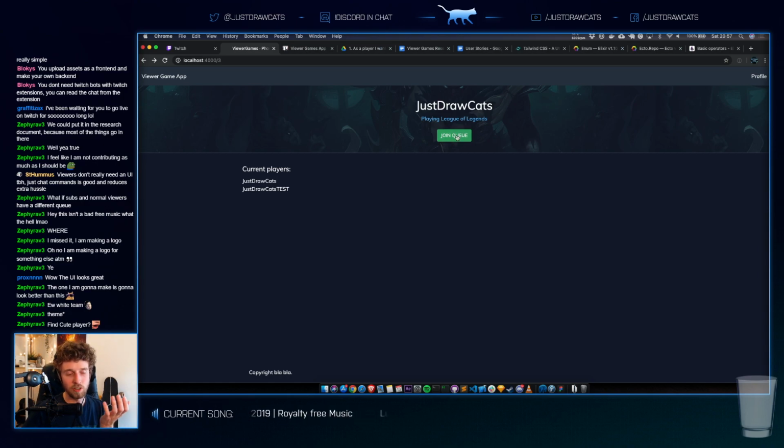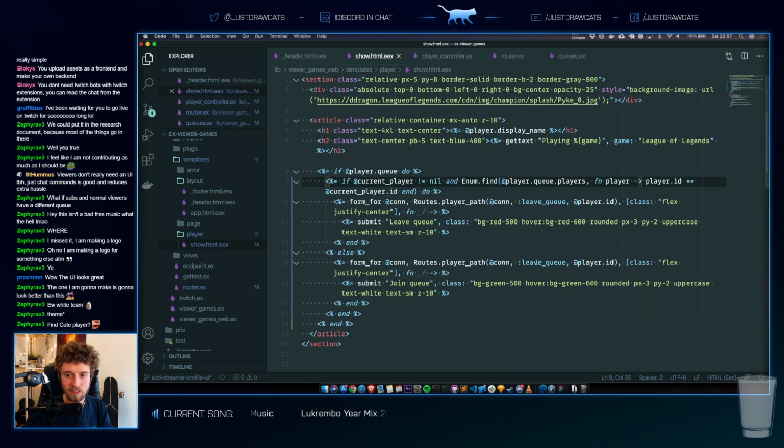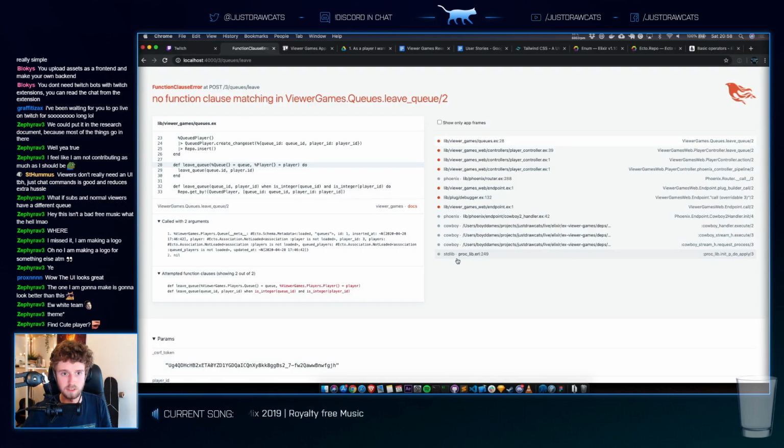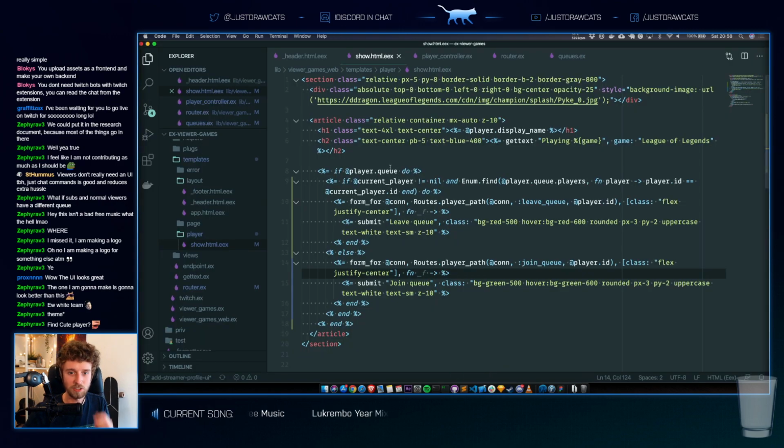So that's why it says join the queue. And if I click here, it should... Why does it do leave queue? Oh, here, join queue. And I'm not the player ID. Yes, okay. So when I click join queue and I'm not logged in, it should show something else.